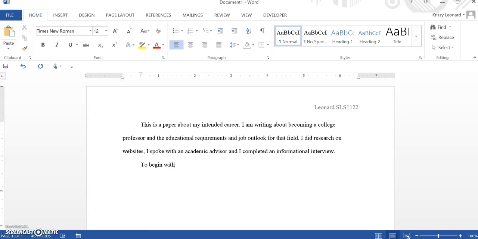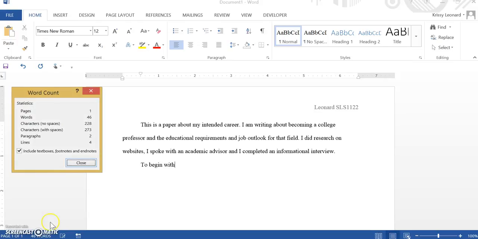The only other things that I wanted to point out to you in terms of Word very quickly were word count and spell check. So you can notice right here at the bottom of the page, it gives you the word count. But if you click on it, it opens up the dialog box that tells you how many words and how many paragraphs. Again, even if you're only writing a 1-page paper, it should be more than 1 paragraph. So when you see paragraph and it says 1, you might need to get another set of eyes to look at it to help you with your structure and how you work with it.